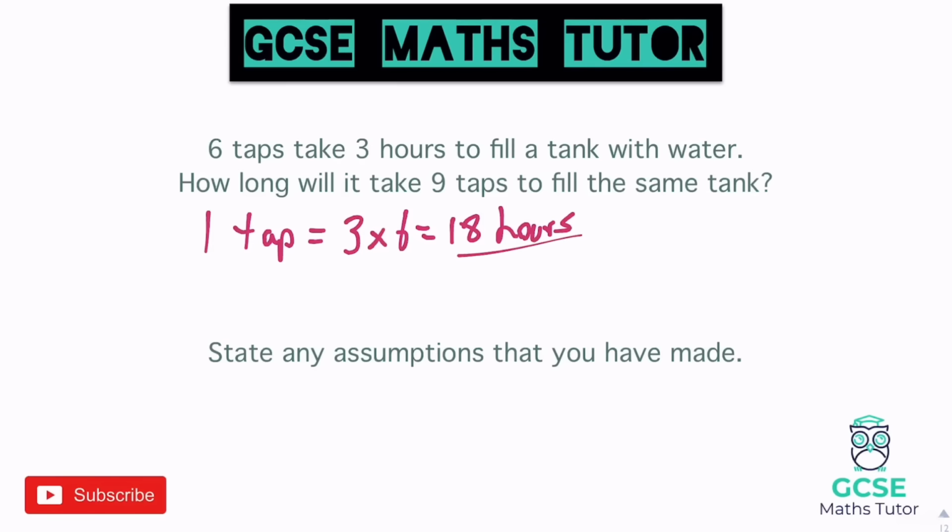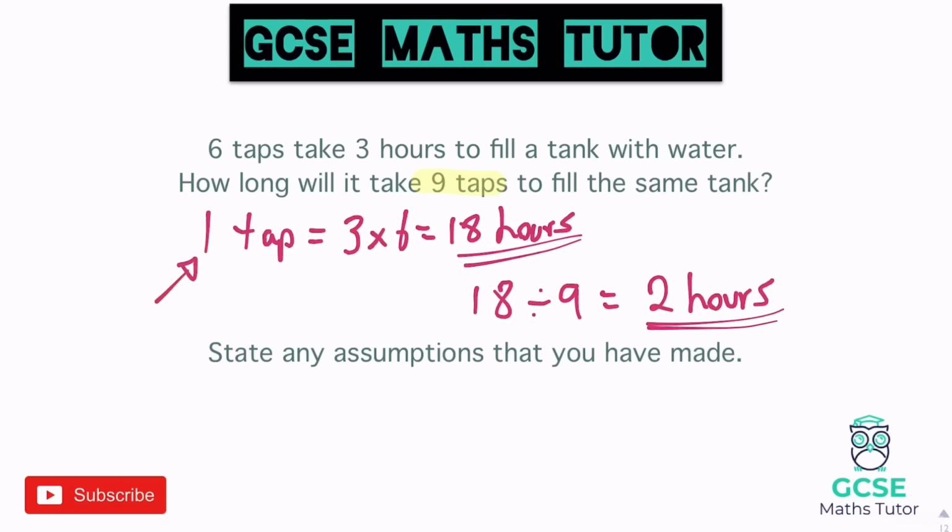So from here, if we know how many taps we've got, we can just divide this 18 hours by however many taps. If we have 2 taps, we can divide it by 2, which would give us 9 hours. We could do 3 taps, divide it by 3 would give us 6 hours. But this particular question here said that there's 9 taps. How long would it take 9 taps? So if we do 18 hours divided by the 9 taps, it gives us a total answer of 2 hours. So these questions are all about working out first how long would it take 1 tap,